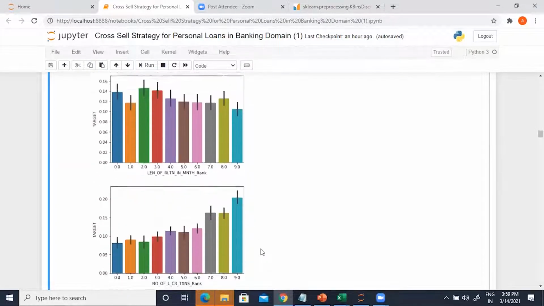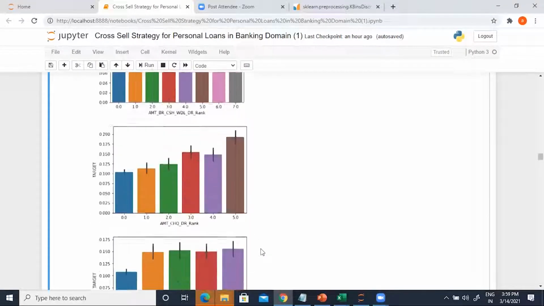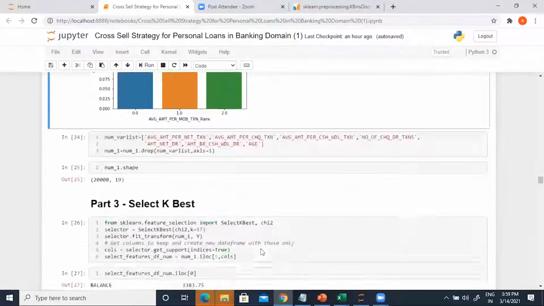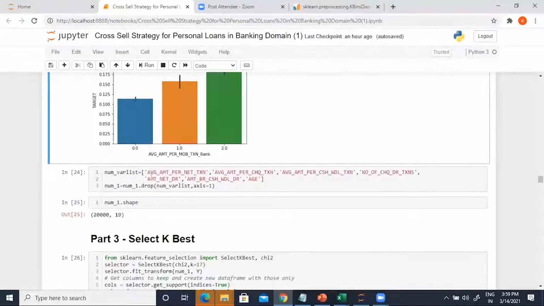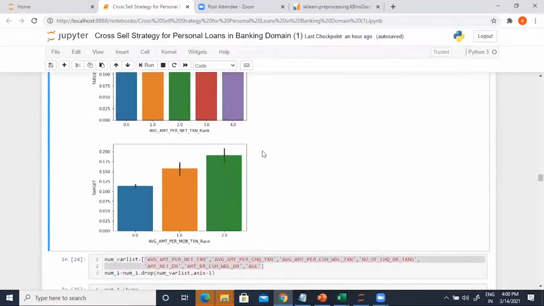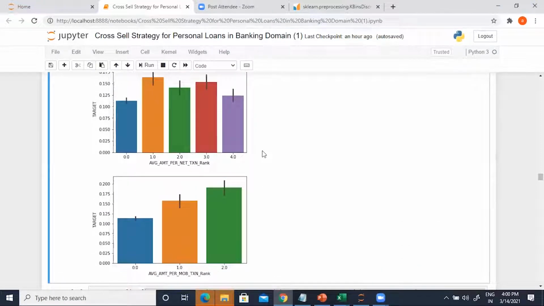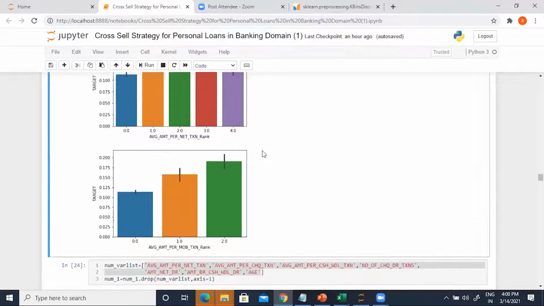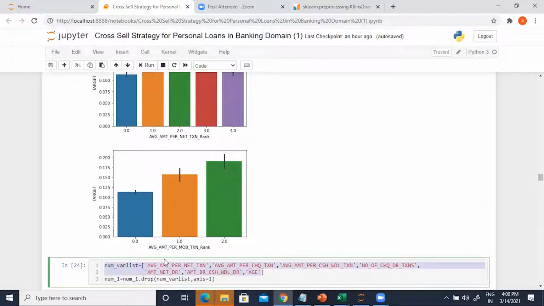Length of retention. So what I do is, I would like to create a list of features which I don't find to be that good. So I've gone ahead and I've created a list of features, and I've given a lot of benefit of doubt. See, this is where you guys will end up being subjective. One of you might like a feature and decide that this particular feature is good. Some other person might say that this particular feature is not good. So there will be some subjectivity in this output.